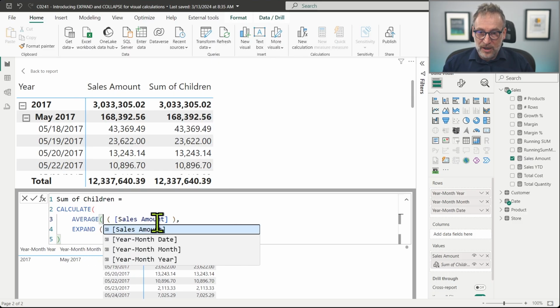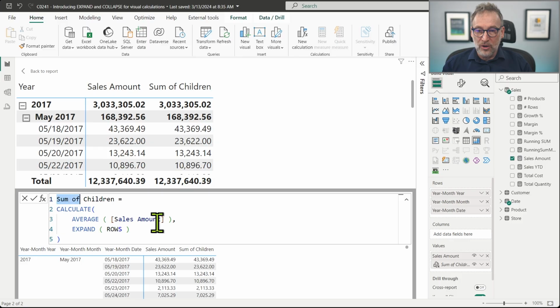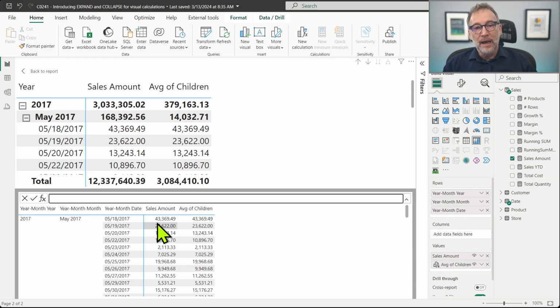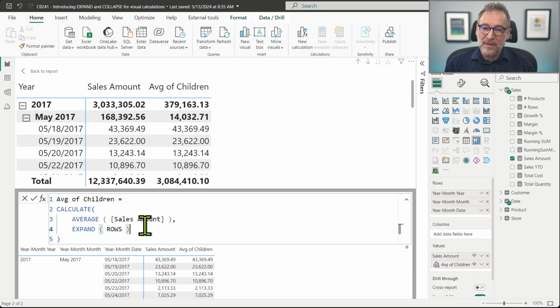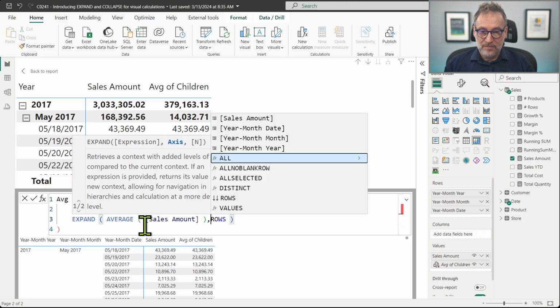You do the average of sales amount, and now this will no longer be the sum, but the average of the children. And now you see that my visual calculation no longer shows the sum, it shows the average of the children. And the same that happened with expand, with collapse, you can use the calculate version, or you can use expand, average of sales amount,